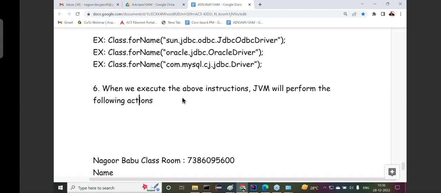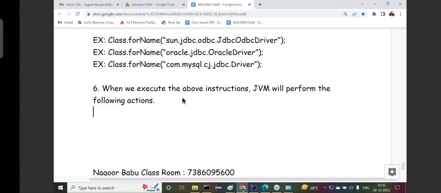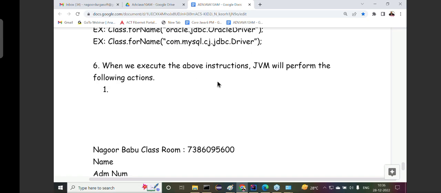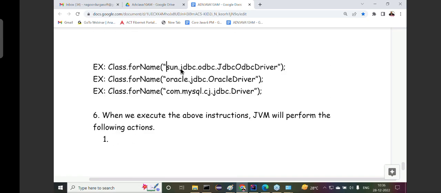What are the various things performed by the JVM? Tell me, what is the first action here? First, the JVM will take the provided class name, the fully qualified name of the driver class. JVM will search for this class at three locations. What are the three locations? The current location, the Java predefined library, and the locations referred by the classpath environment variable. If the required driver .class file is not available at all three locations, the JVM